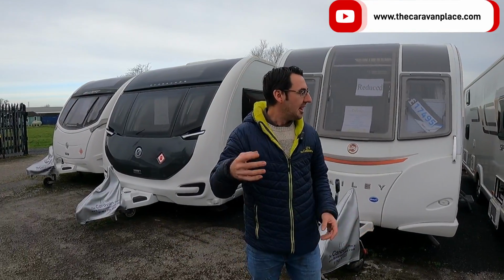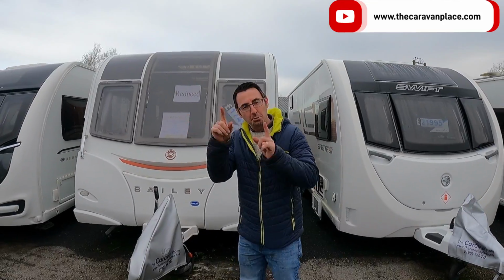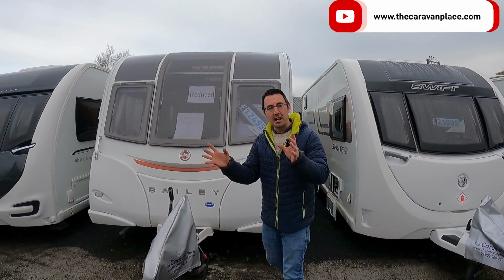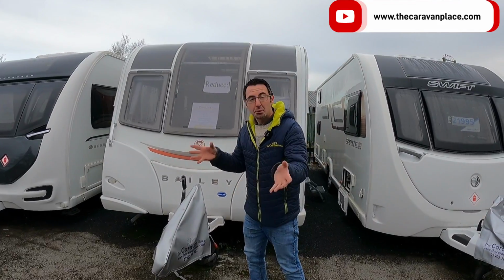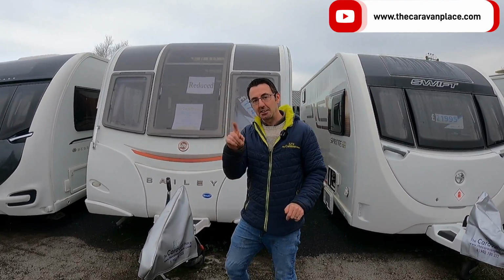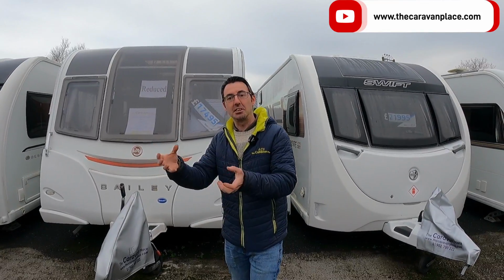if you've already got a caravan, if you haven't got a caravan. We're going to go over a few things to look out for, and what you should be thinking about. So, if you've never had a caravan before, obviously we're going to need a tow bar, which are pretty standard. That's on the car then. So that's on the car, that's not on the caravan. We're going to need that on the car,